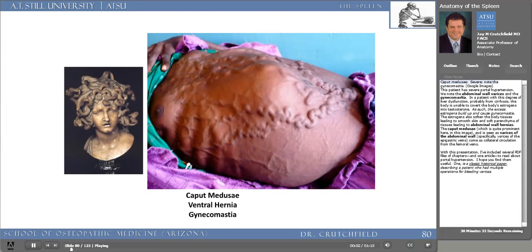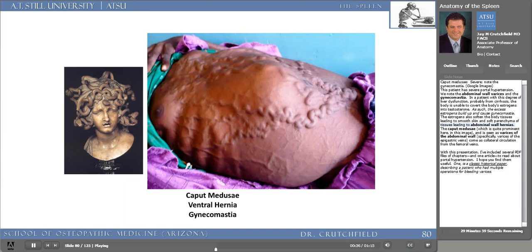This patient has severe portal hypertension. We note the abdominal wall varices and also the gynecomastia. In a patient with this degree of liver dysfunction, probably from cirrhosis, the liver is unable to convert the body's estrogens into testosterone. As such, the excess estrogens build up, causing gynecomastia. The estrogens also soften the body tissues, leading to smooth skin and soft parenchyma of tissues, leading to abdominal wall